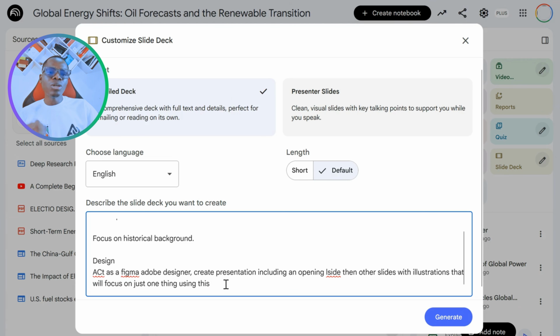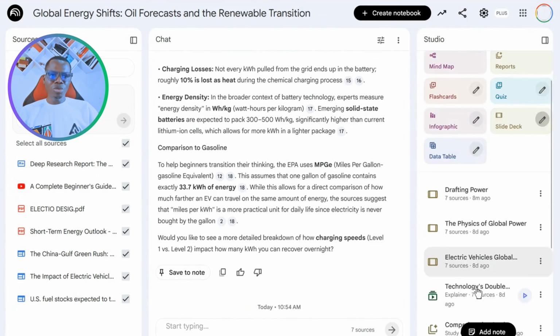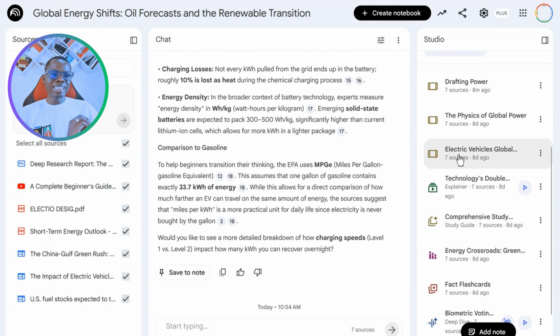You can say you want it in form of storybook. You can say you want it in form of cassettes, in form of any design at all. Feel free to describe it here, but just add this there to make it look more beautiful. A Figma, Adobe Designer. If you had that there, then your design will come out better. So let me show you all the ones that I did with the ones that I did not even use